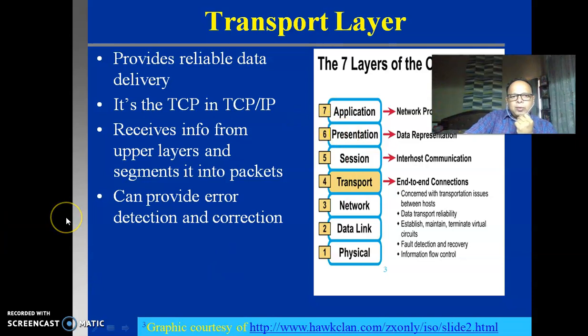Now, one more functionality of the transport layer is that it provides error detection and correction. Many error detection codes exist, and you must have studied them in digital communication. There is something called a syndrome. With that syndrome, one can estimate where the error lies during the transmission and reception process, because the channel has so many sources of noise.